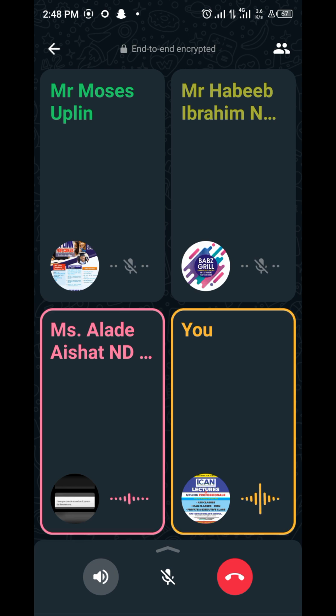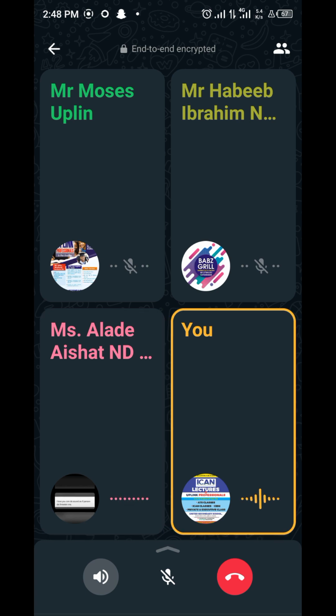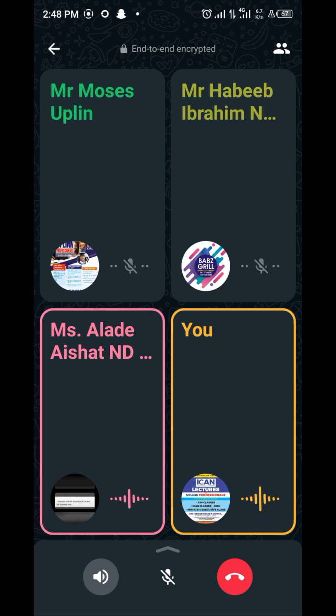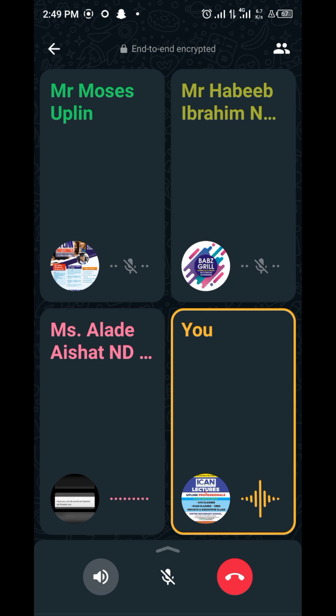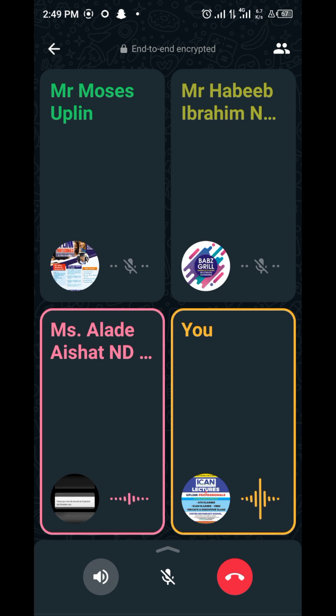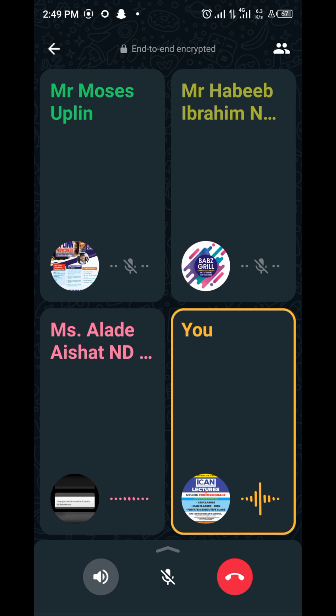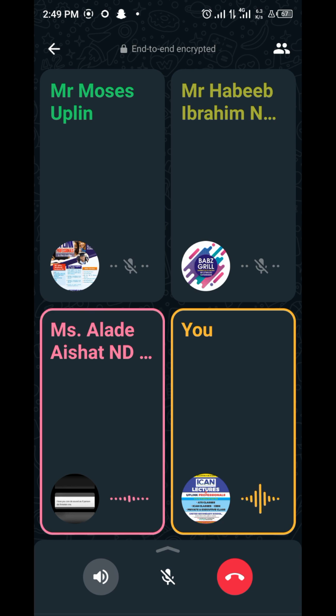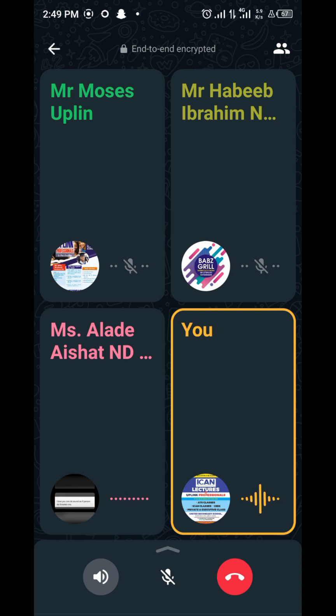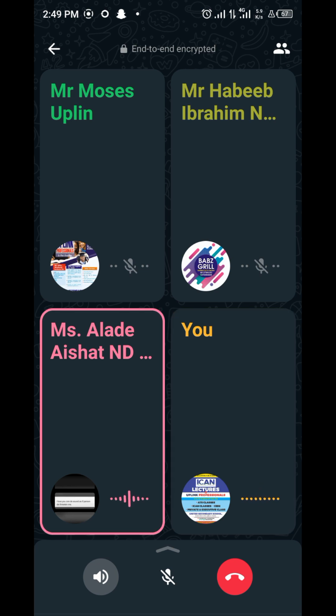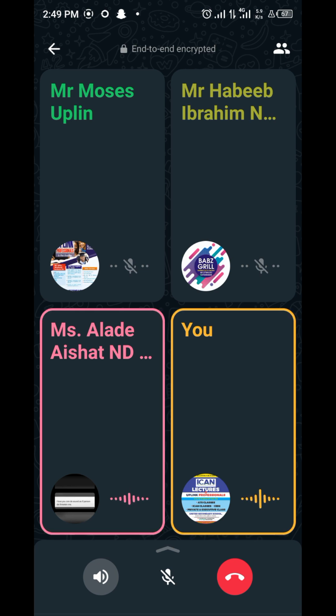A says providing information. Yes. Which of these is not among them? It means four are part of it, but the last one is not part of it. So number 1 says providing information, is it part of it or not? It's part of it. Number 2 says promoting goodwill, is it part of it or not?